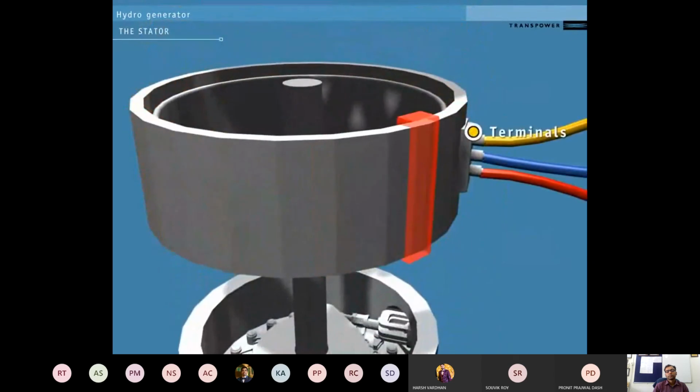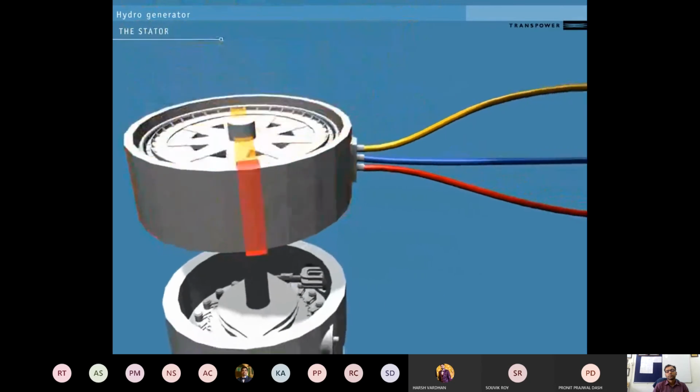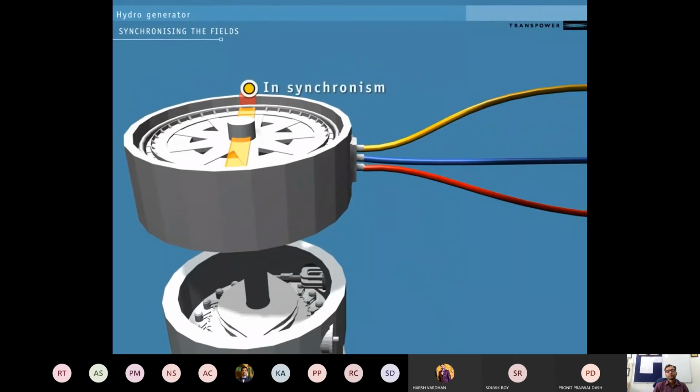As the rotor spins within the stator, each pole's magnetic field acts on the stator's windings. Each time a pole makes one full revolution, one pulse of AC power is generated in the windings and transmitted towards the grid by conductors attached to the stator. Because the stator is connected to the grid, it's important that the pulses are in time with the grid frequency. When the pulses are in time with the grid frequency, we say that the generator is synchronized.